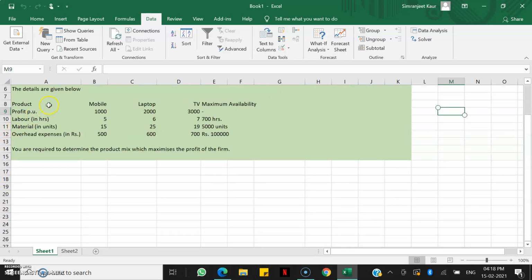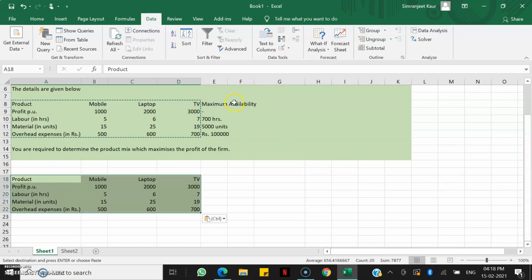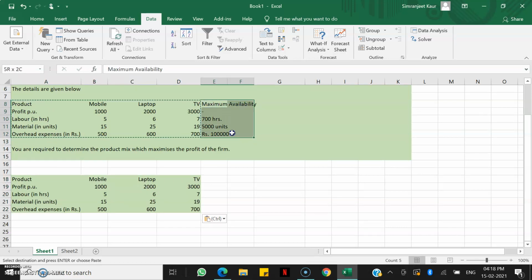So for the solution, let's just copy this table first. I'll paste it here. And let me also copy the maximum availability.